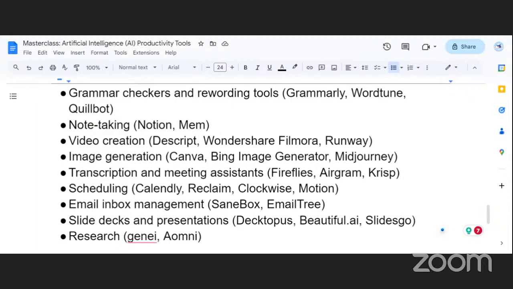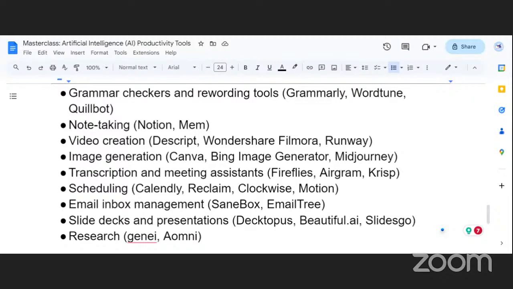Okay then, guys. The other one that we are going to look at for video creation is called Descript. Descript is for transcription.